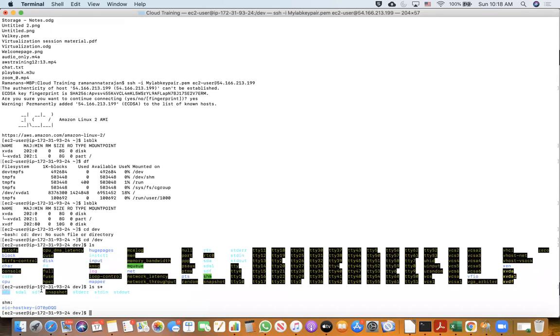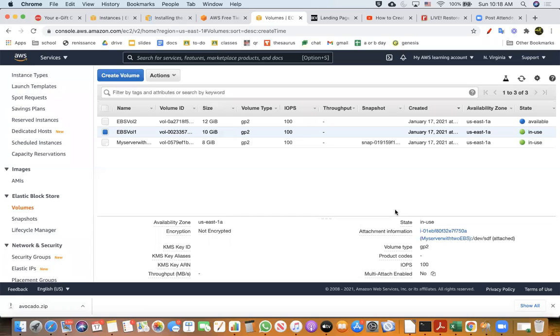/dev/sda and sdf. I think the problem is the blue color text may not be clearly visible, but you can see it in this path. But when df displays it, it will display as xvdf and xvda. So that is how it will display. But the point is, this disk has already been attached to the server. As you can see, now it is attached.